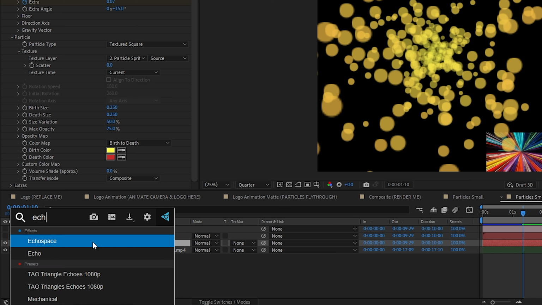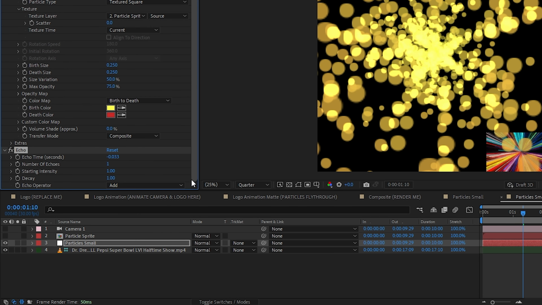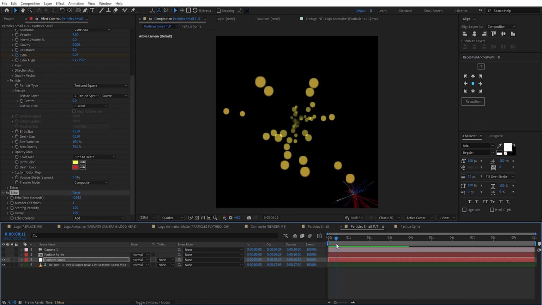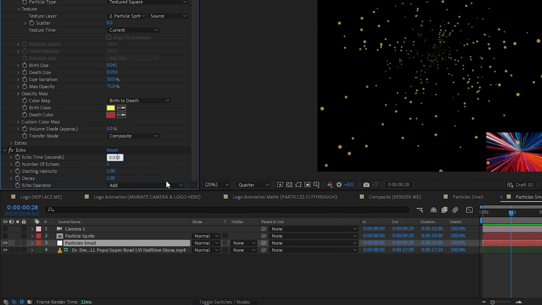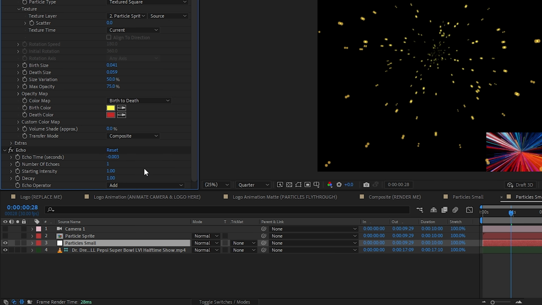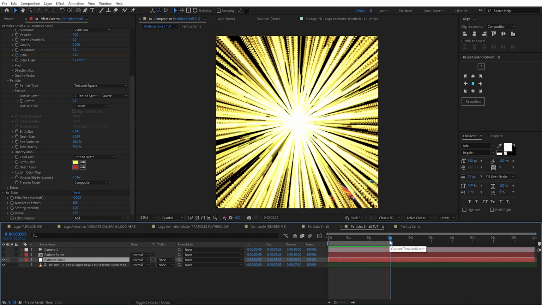This is where the echo effect comes in, which is a very interesting effect that allows us to generate instances of the layer at a certain point in time, be it in the future or in the past. Let's set the birth and death size a bit lower so we can better see what's going on. And if we set the echo time to a very small value like -0.003 seconds and increase the number of echoes, you can see that it's taking our particles layer and creating multiple copies of it, each shifted in time